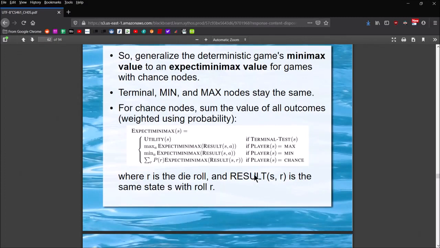Let me see if I can put it in another way here. If I roll a d6 and it comes up 3, in whatever game that we're playing, then in response I'm going to take a move based off of that die roll. Like I said, I roll a 5, and then I'll go ahead and take my move.